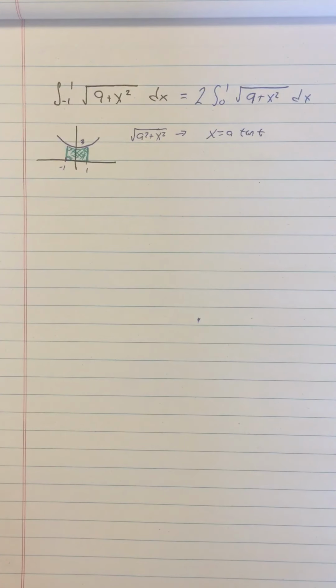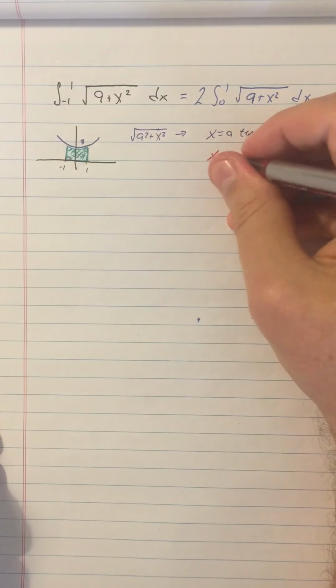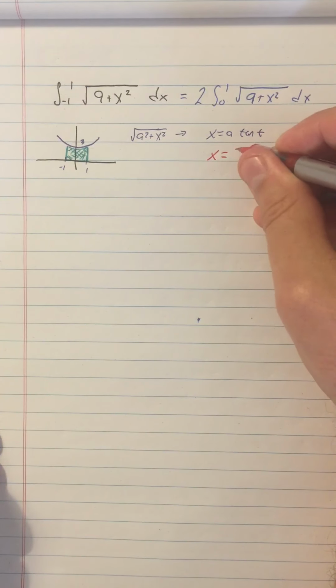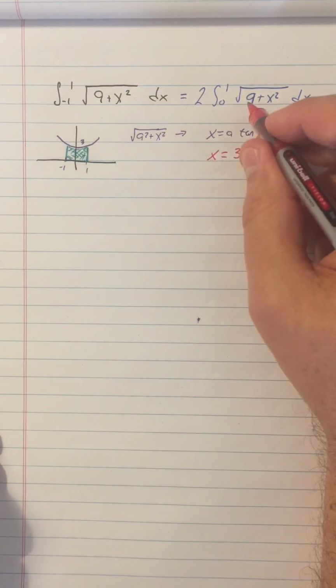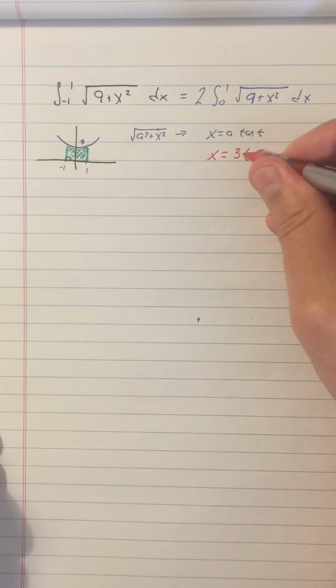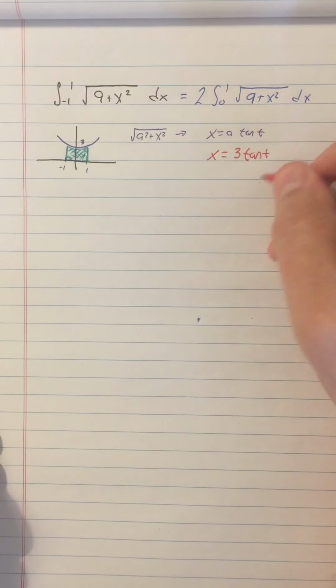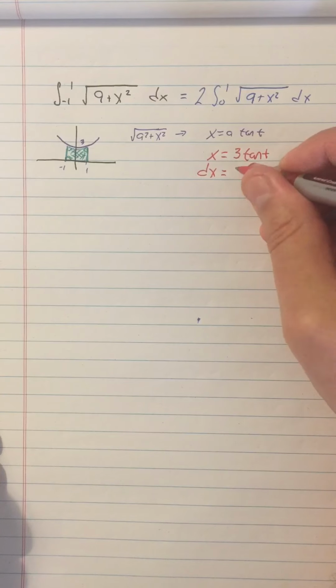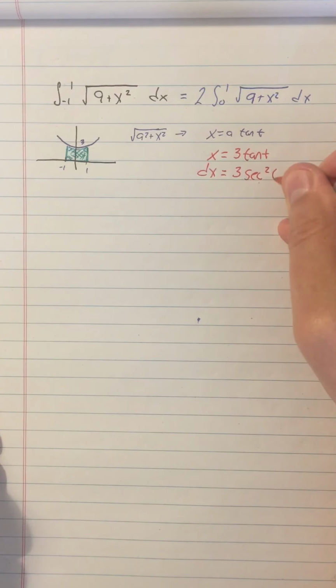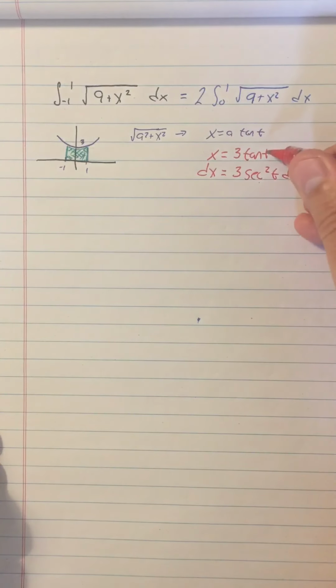In this particular case, since we have 9 here, we're going to use x equals 3 tangent t, because that's a squared, right? So a squared is 9, means a is 3. So we're going to use x equals 3 tangent t, and then we need to track what the dx is as well. So dx is equal to 3 secant squared t dt,